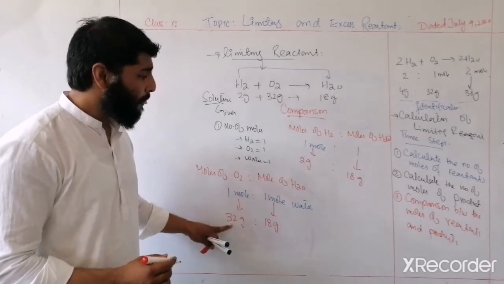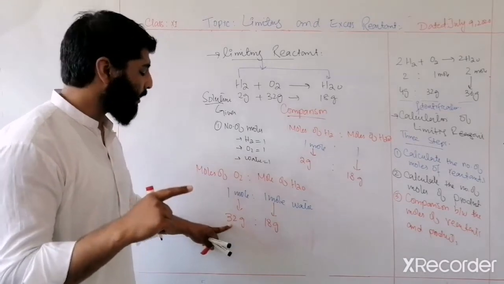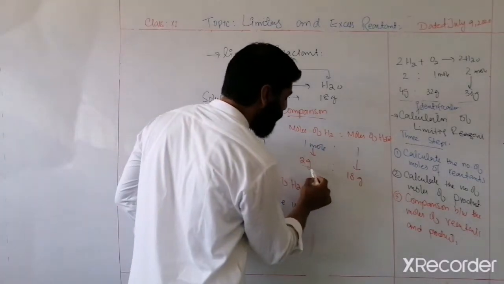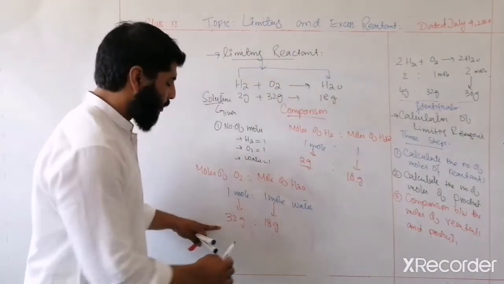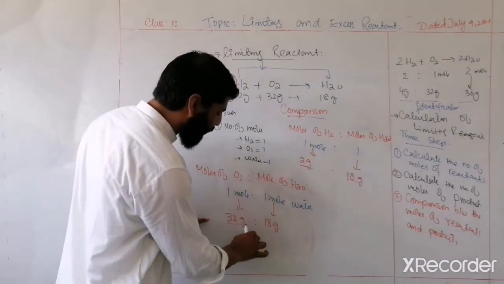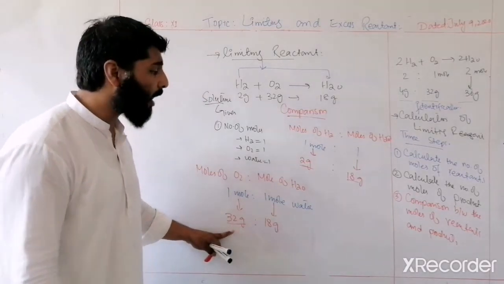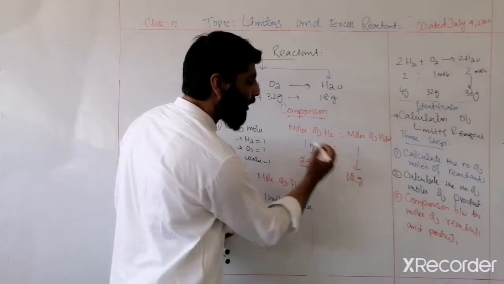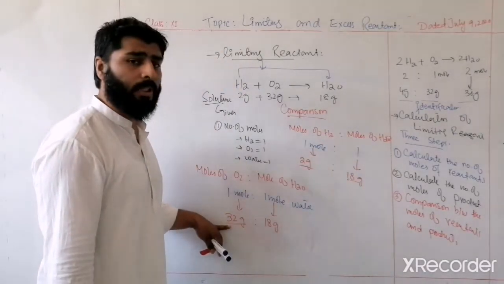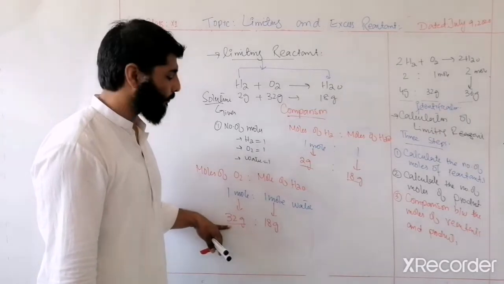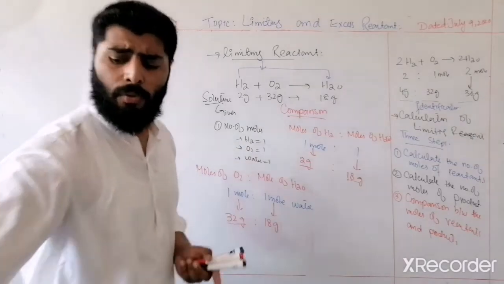Look at here, the amount of the reagent which is completely used is 2 grams. And the amount which is not used completely is 32 grams. Because we have in total 18 grams, so we can say that oxygen is not completely used. We can compare it by using another example. For example,